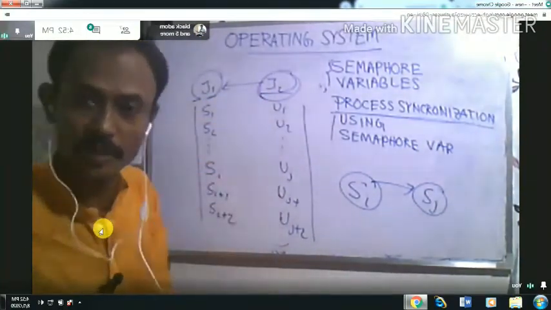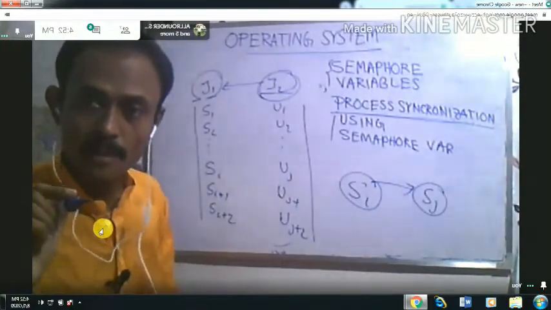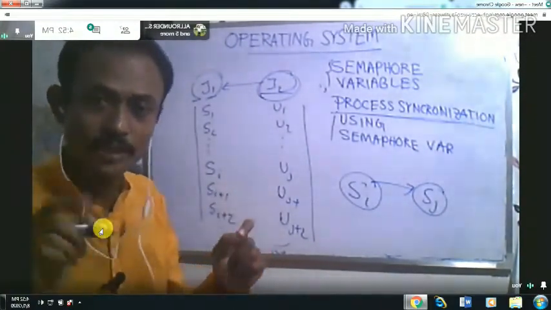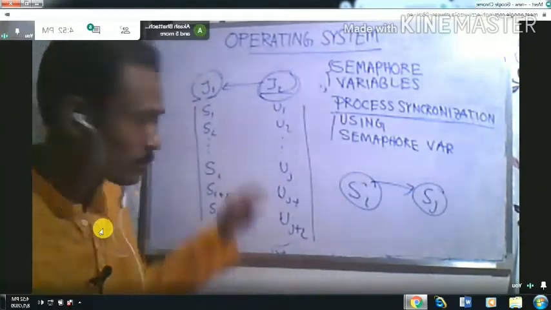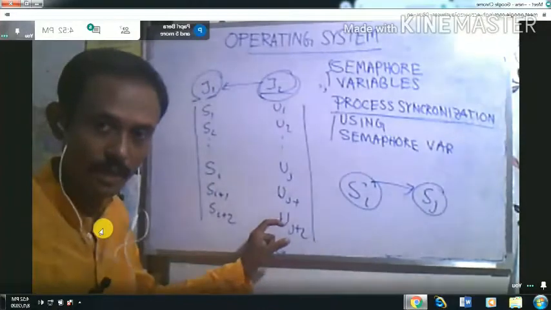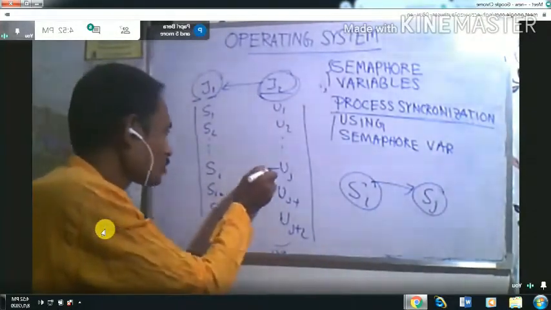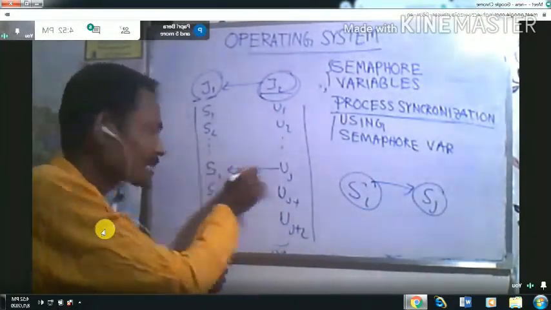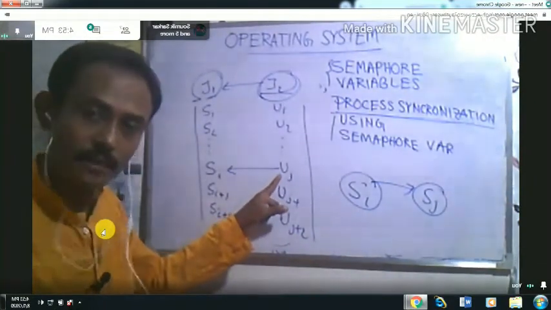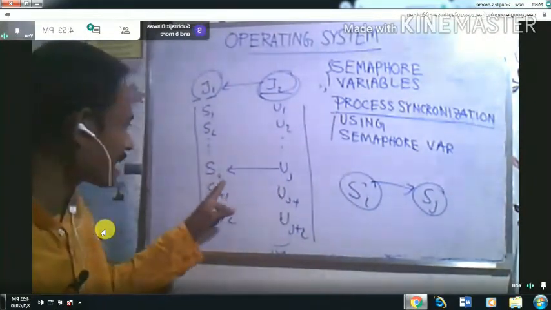Now suppose there may be synchronization in only a particular statement, though within a process there are multiple statements. That means when this UJ statement is executed, then only the SI statement will execute. Got it?